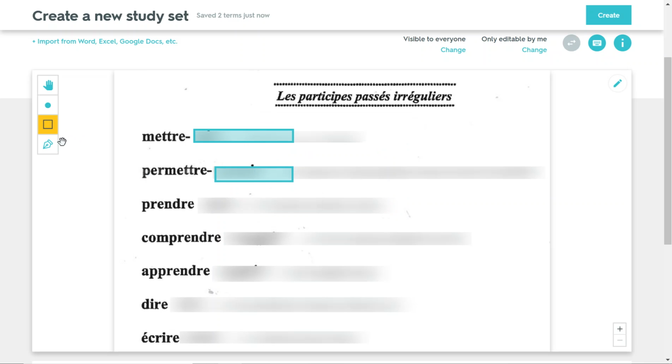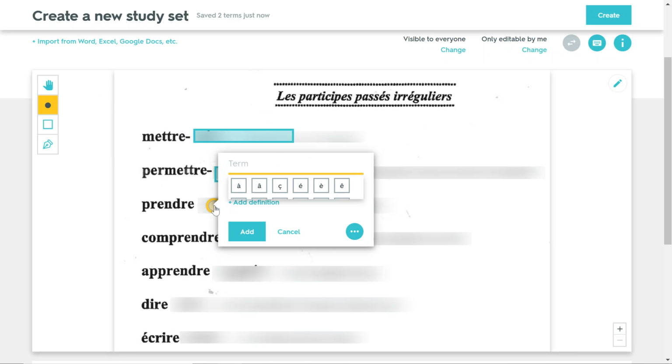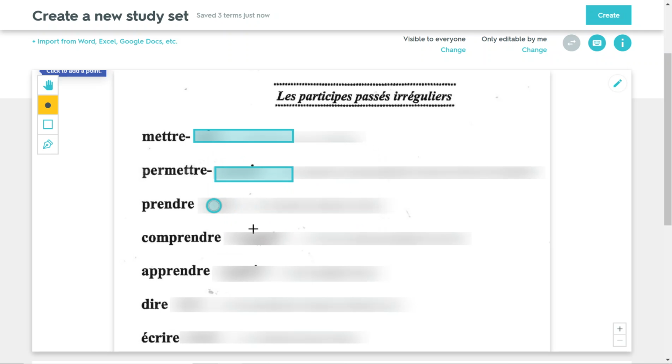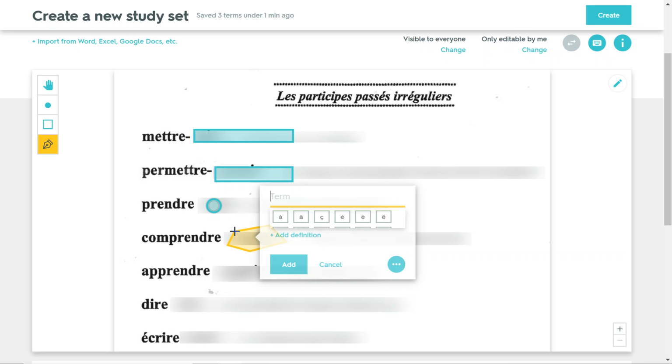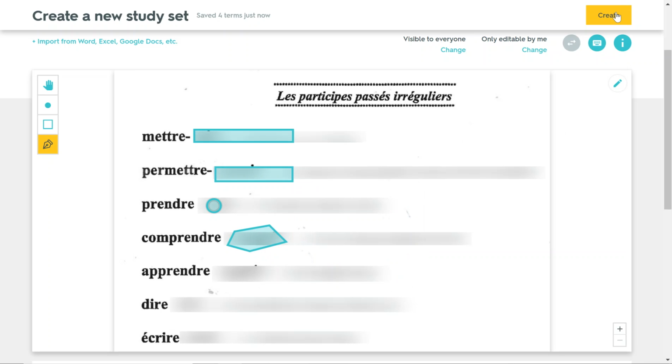So let's say I prefer doing a point. Click on the point option, click here. There's my point, nice little circle, and I can carry on like this. And then when I'm through, I would go on and do all of these. So if, say, I wanted to do some other weird shape, I could do that, click some shapes, come back to my original. That's the form. Add, done, hit create,